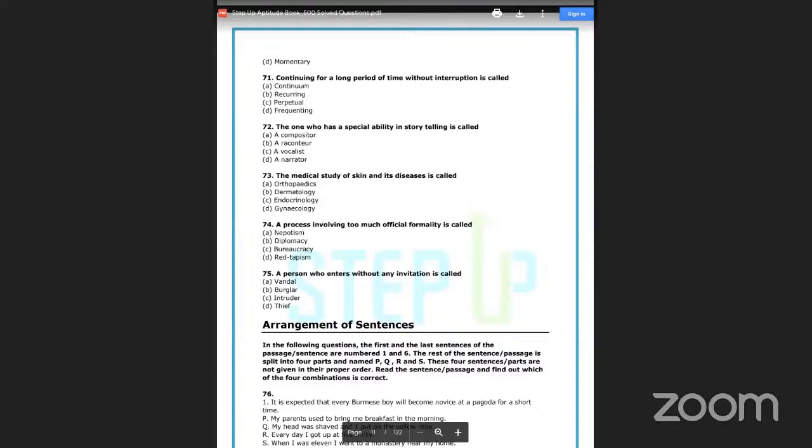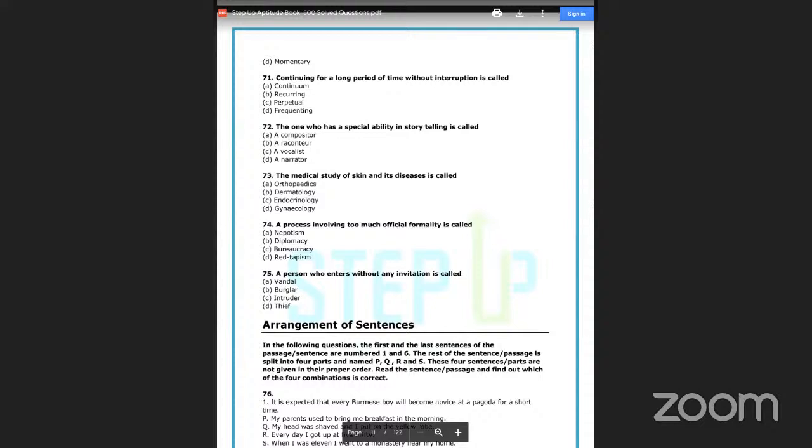So 71, if you look at the first word, that is monotonous. That means a series of similar events in which each is almost the same as the one next to it, and the last one is not different from the first one, right? Then the next one is recurring, that means repeatedly happening again and again. Perpetual means continuous, continuing for a long period of time without interruption. Fourth one, frequent: happening or doing something very often. So what should be the right answer? That is C, perpetual, something which is happening for a longer time without any